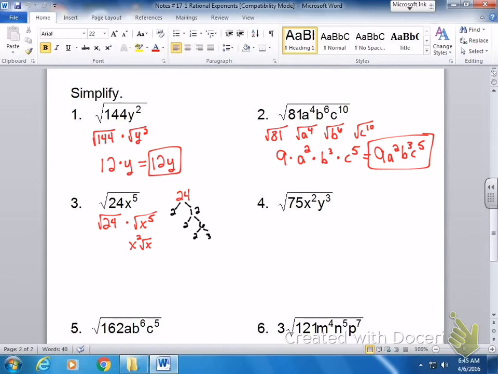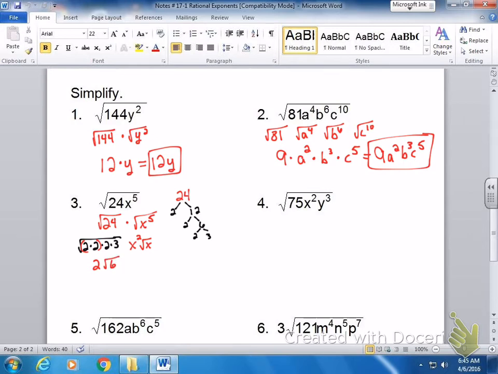Now, I have 2 times 2 times 2 times 3. That's 24. So I'm going to rewrite my square root of 24 that way. 2 times 2 times 2 times 3. Now, I want to pick out pairs just like we did with the variables. I've only got one pair. I got a pair of 2's. So that means I can take a 2 out of my square root, but the 2 times 3 stuck inside,